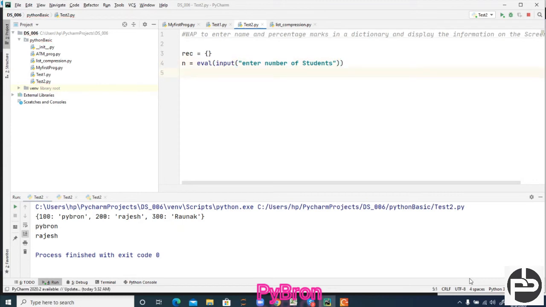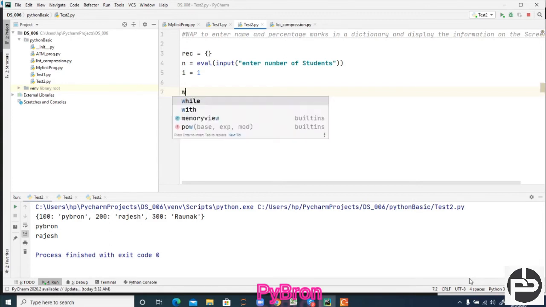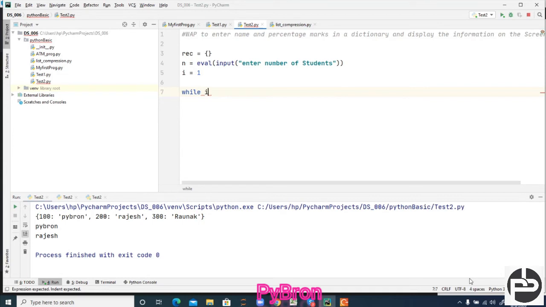Okay, so now I'm going to define i is equal to 1. Why? I'll explain this in a while. Now you can use a for loop, as we just saw with the for loop. Now I am going to show you the same thing with a while loop. While i is less than or equal to n. Many people have asked, can you do these things with a while loop?